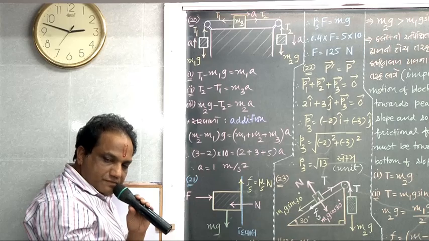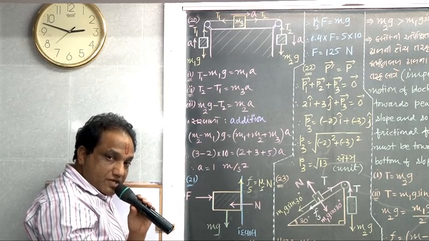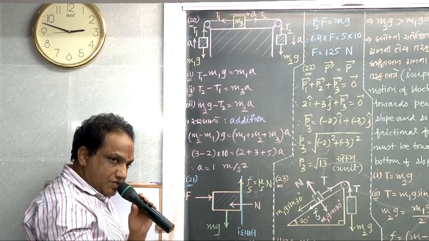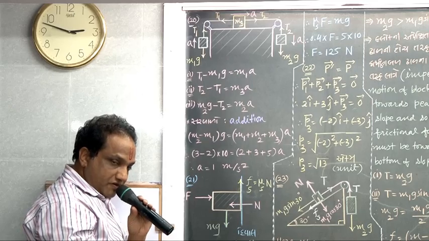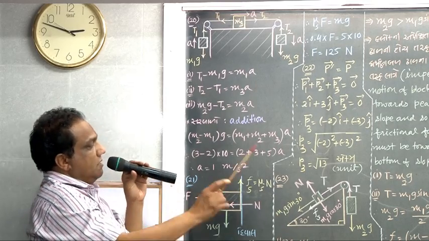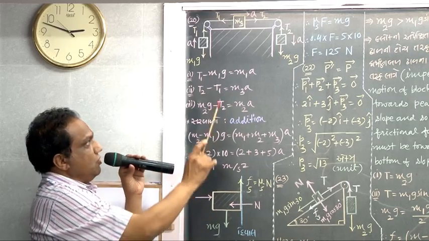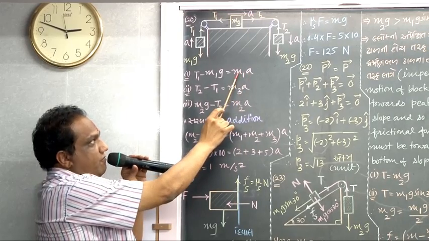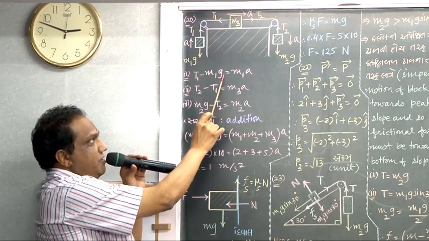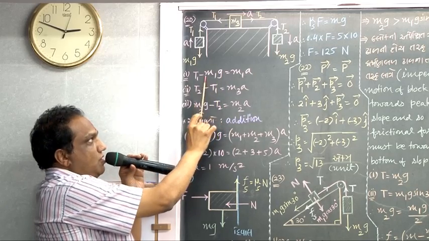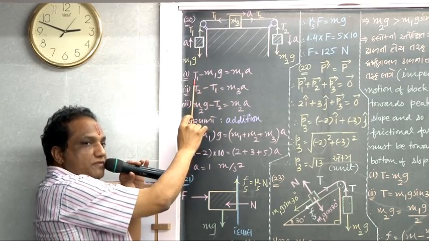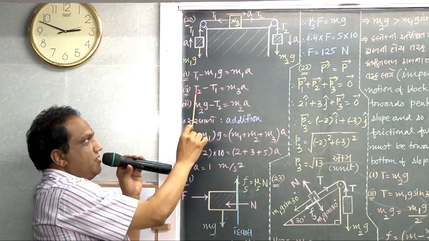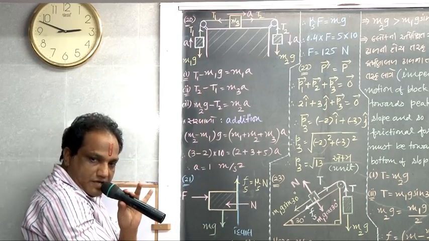But in the school examination, they may ask something extra. Look, they may ask to find out tension in both the strings. How to find out that? Very simple. Look here. You know value of a? Put it here. Value of a is 1. m1 is 2 kg. g value is 10 meter per second square. So you know all these values except T1, so you can find out T1. Once you know T1, put it here. You know m3, you know a. So you can find out T2. Okay. Next.